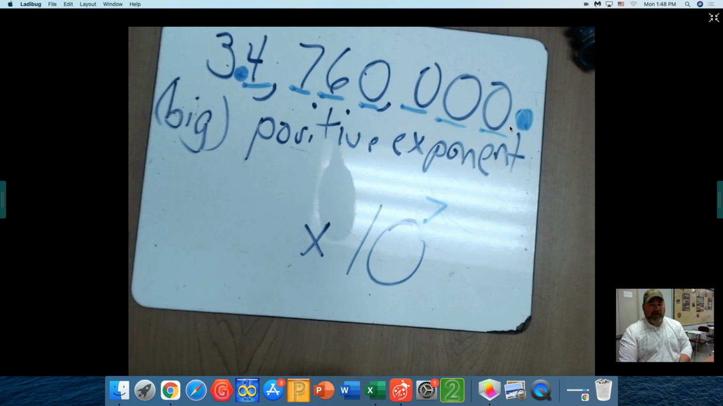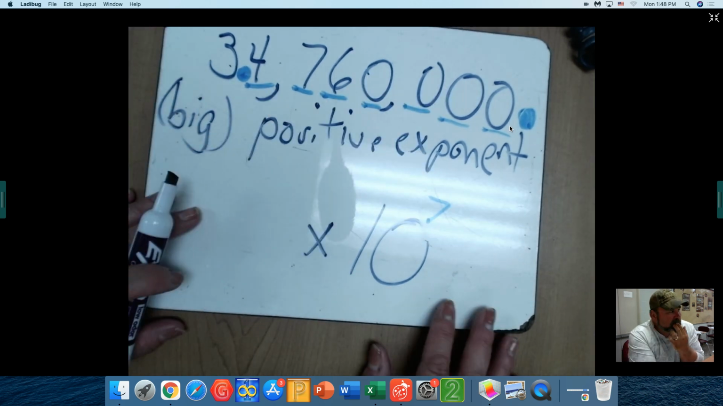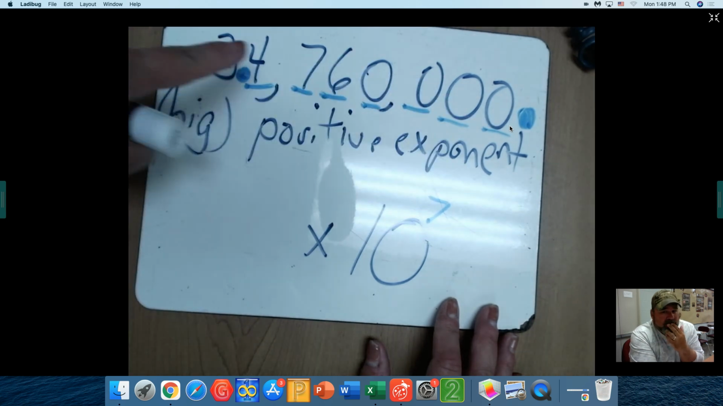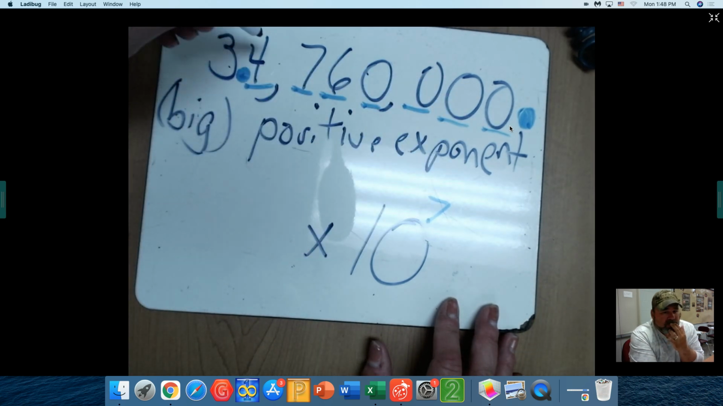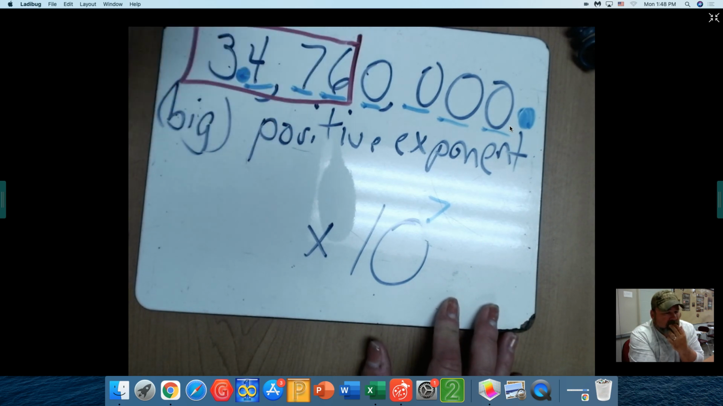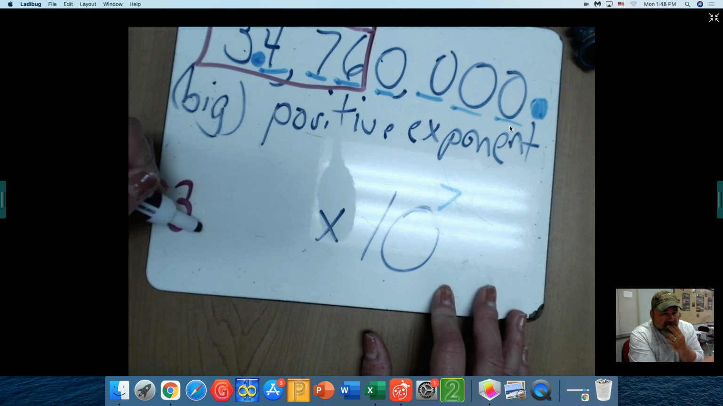Right. Okay. So then what I've got to do is write what the coefficient is. Now remember, scientific notation is supposed to be a short way of writing this. So you're not going to write all these digits. You're going to have the 3 included, the 4, the 7, and the 6. But once it starts becoming zeros, this is where it saves you time. That's all you have to put is